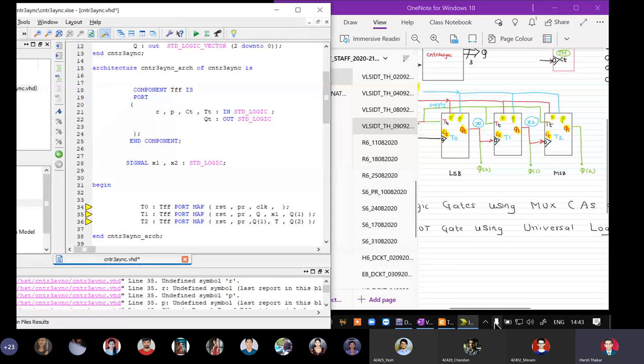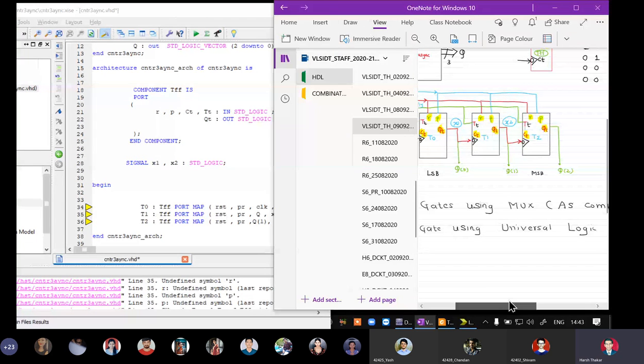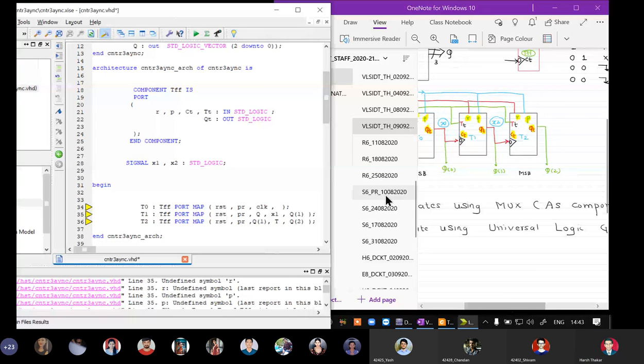So TT is connected to T, the T input of the master as a parent, and then the output will be X1. Second, RST, PR, CT will be X1,